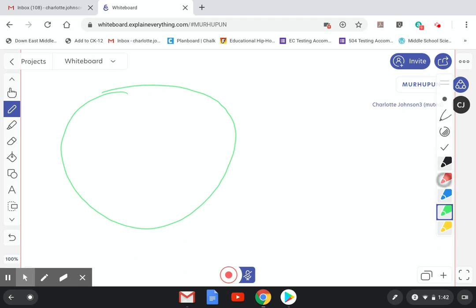Now, inside of the Earth, if we were to slice it open, we would find an area known as the mantle. In this layer, it's very hot, it's very dense, and it represents 68% of the Earth's mass. So, with the mantle,